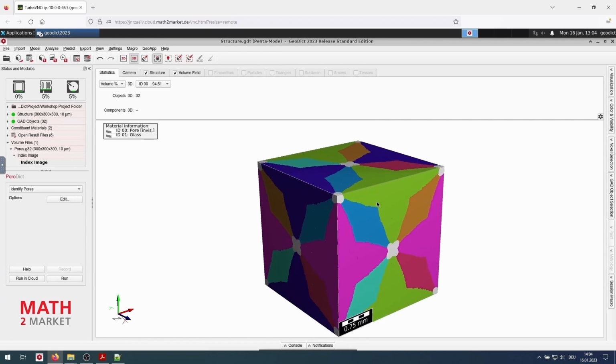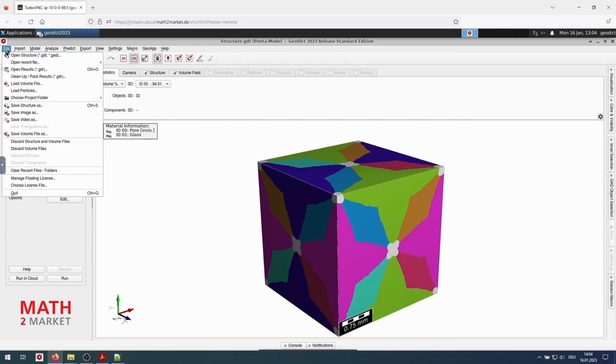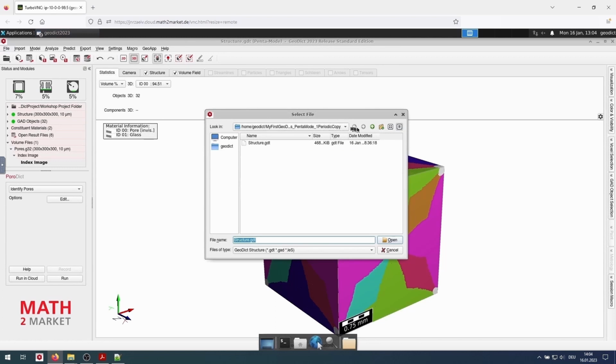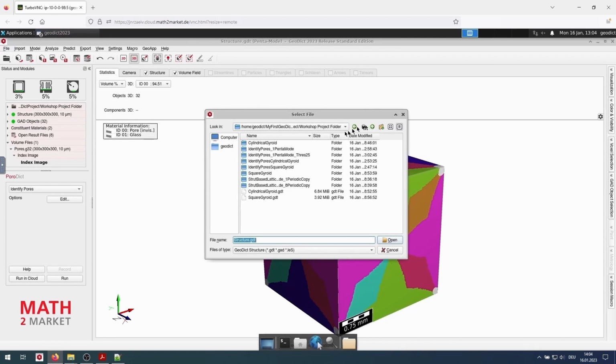Now, we have finished the morphological analysis and we go to the physical analysis. For that, we load the square gyroid again. We can go to File, Open Structure, go into the directory of our project folder, and select the square gyroid.